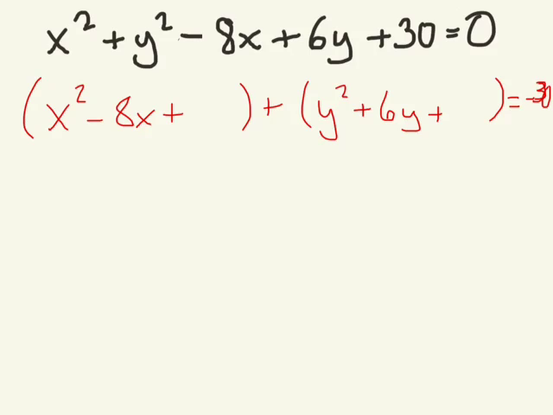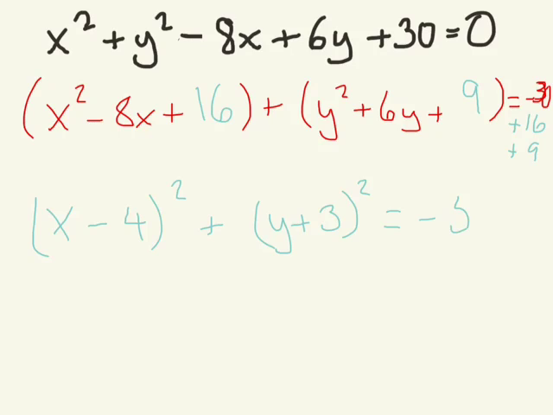So now we've got to figure out what we're adding to both sides. We take half of 8, which is 4, square that, we get 16. Half of 6 is 3, square that, we get 9. So to the negative 30, we're adding 16 and we're adding 9. That means we're going to get a final equation of (x - 4)^2 + (y + 3)^2